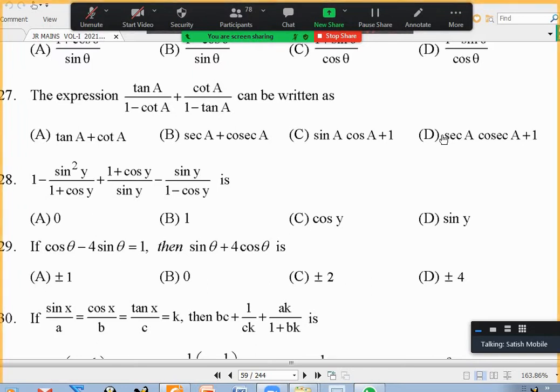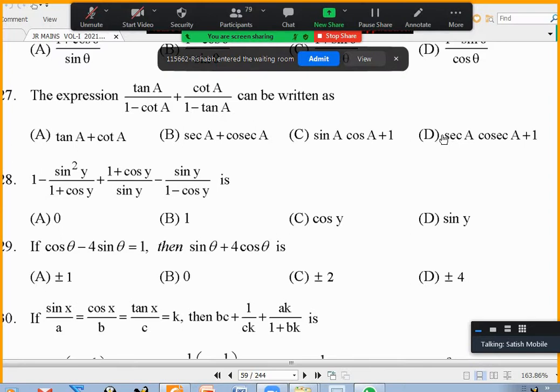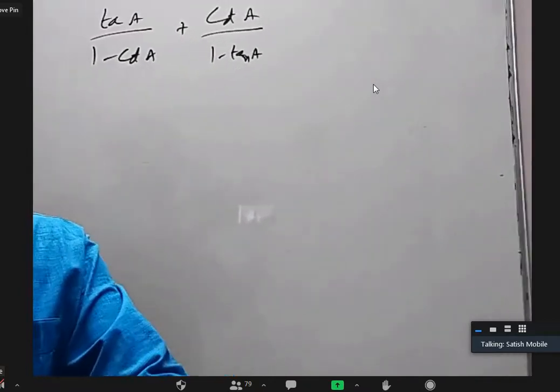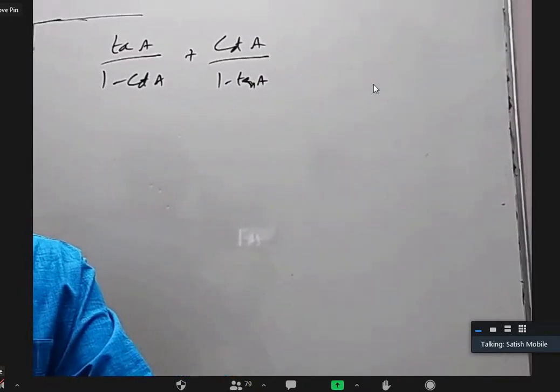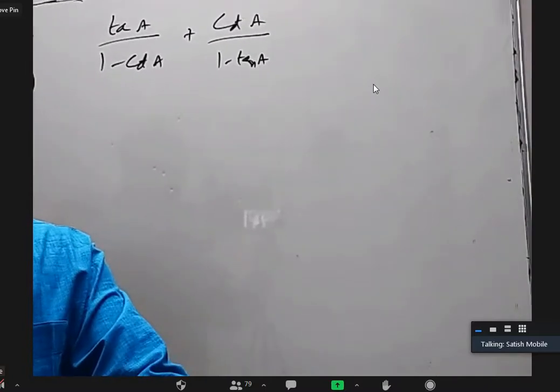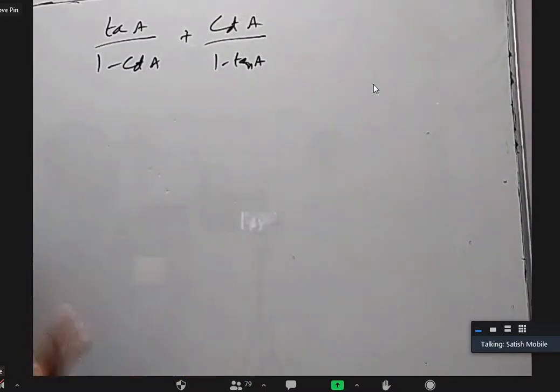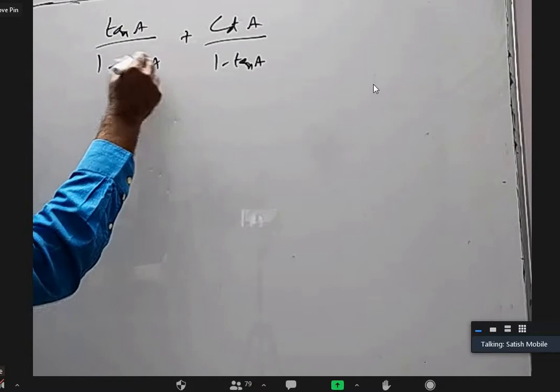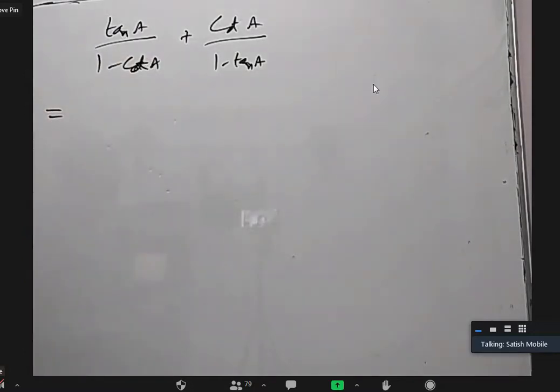Okay. So tan A by 1 minus cot A plus cot A by 1 minus tan A. Even though they are based on the simple three identities, there are different ways to do it, depending on which identity you use. Ultimately, all the methods will give you the answer, but which is the shorter method, sometimes in the beginning you may not know. You try one thing, it becomes lengthy, then you try another. So even though trigonometry is easy, sometimes the solutions are lengthy. Sometimes one way is easy and one way is very lengthy.